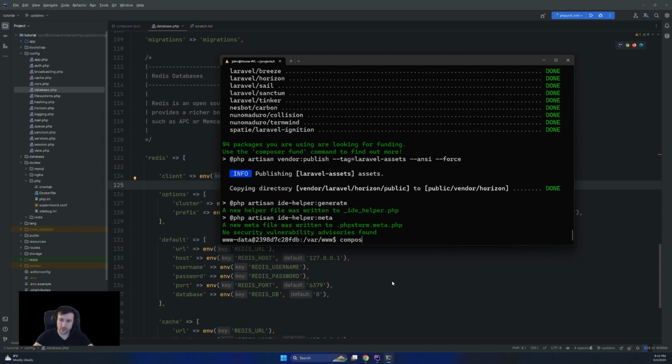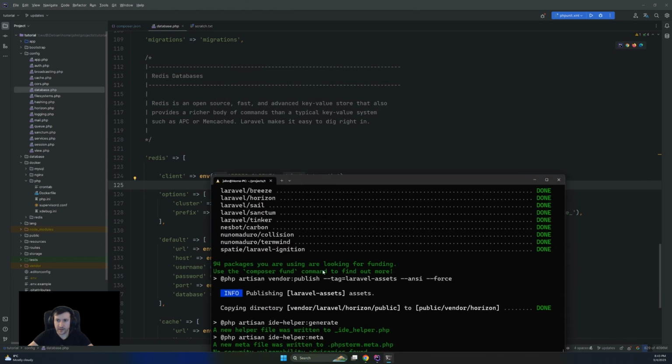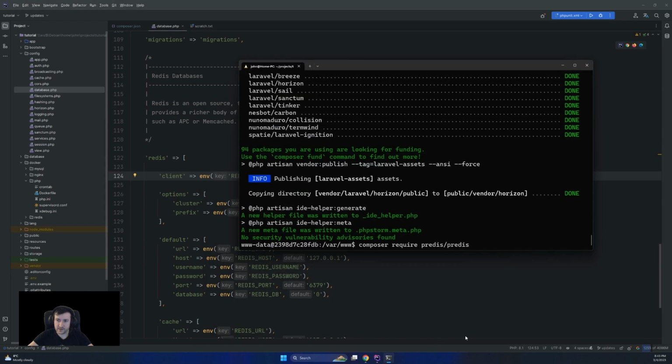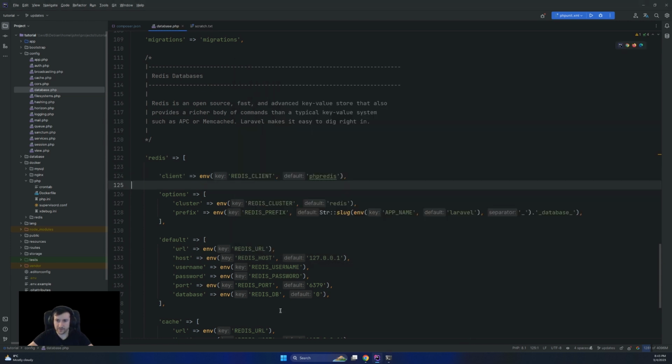You can do a composer require predis and use Predis instead of phpredis. The downside is that Predis is slower than phpredis, so I recommend somehow making the PHP Redis extension available and not using Predis.